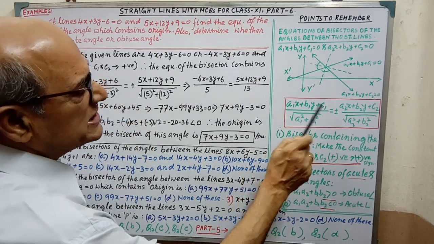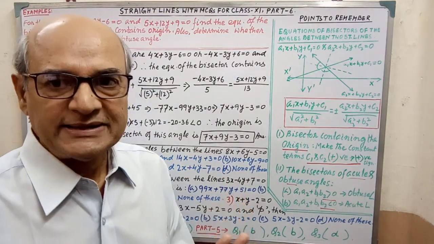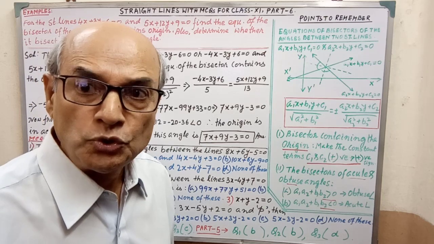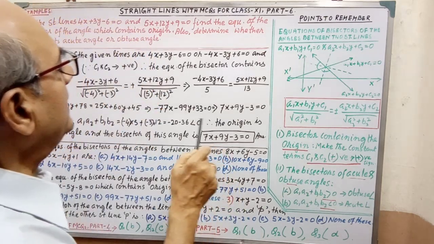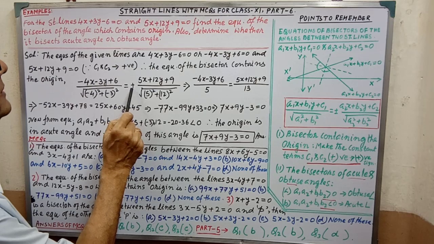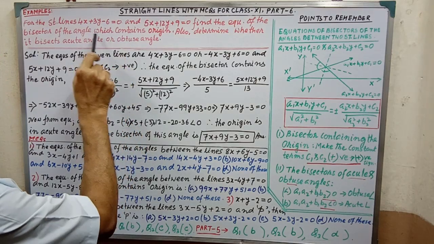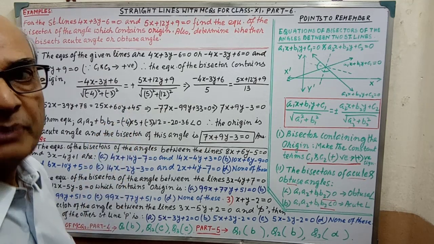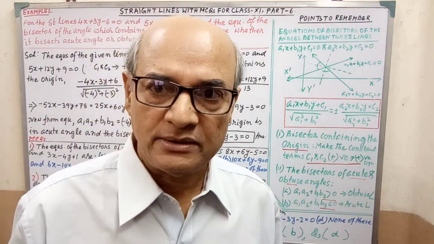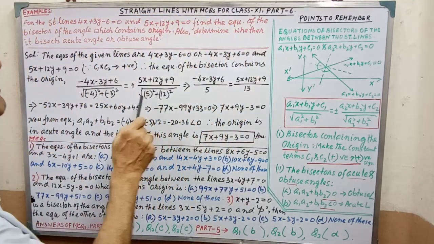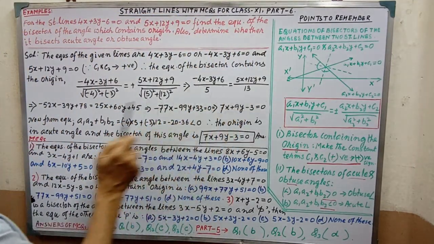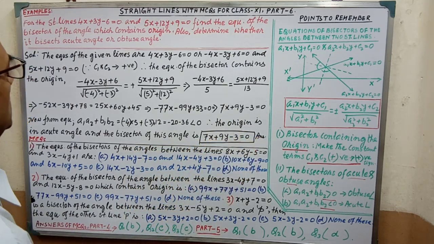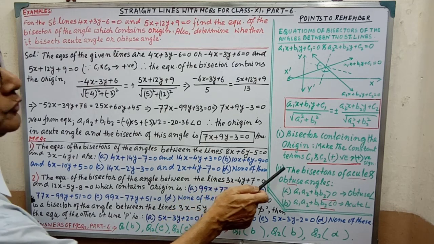Another information, if simply the bisector is required in any problem, then there will be two equations. And here there is only one equation, because the bisector contains the origin, this is why plus. Considering the plus value, whatever equation you get will be the answer. By applying the formula and simplifying, we are getting 7x plus 9y minus 3 equal to 0. Then we have to find out